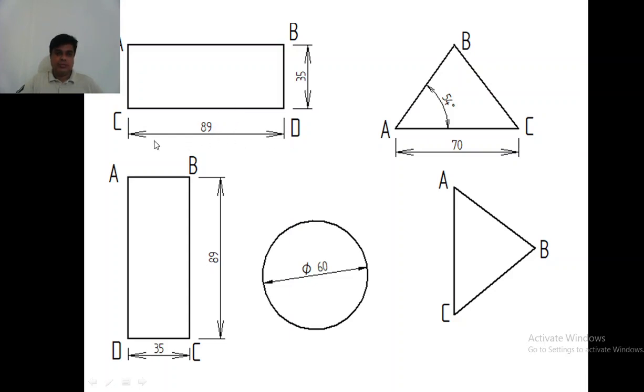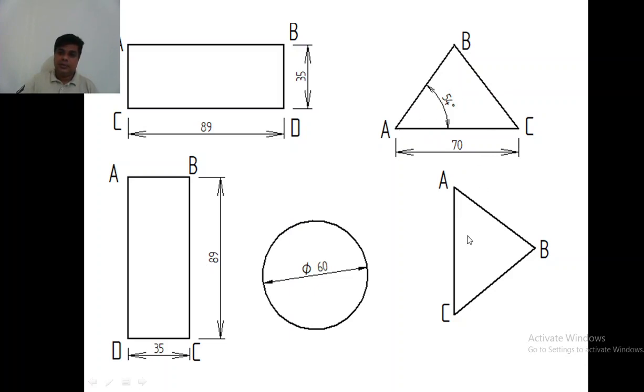And these two lines should be perpendicular to this edge. Similarly, these two lines should be parallel. This line and these two lines should be perpendicular to this line. And in the center you write the dimension, the number value.